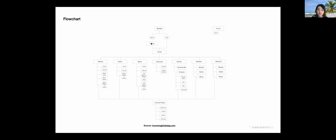They start watching the tutorial and they go home. And there are different sections, and in each section there are different functions. Some of them go to the content player. So those are the kind of screens and actions. So you need to start labeling, or sorting out, your key structure or key functions